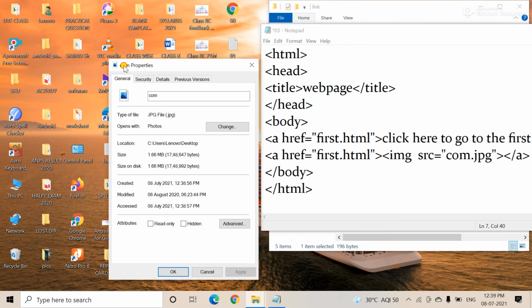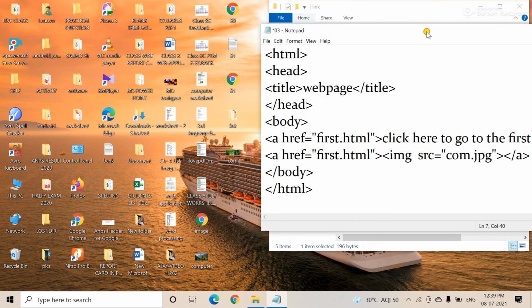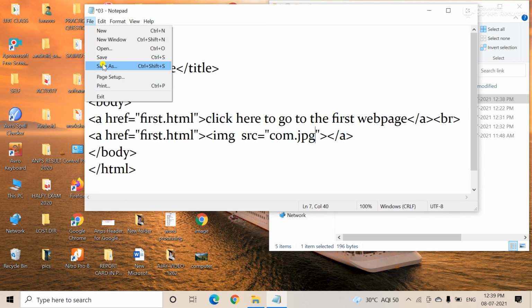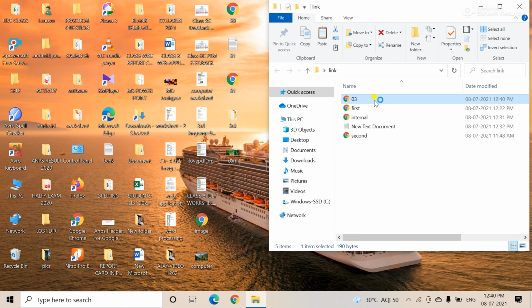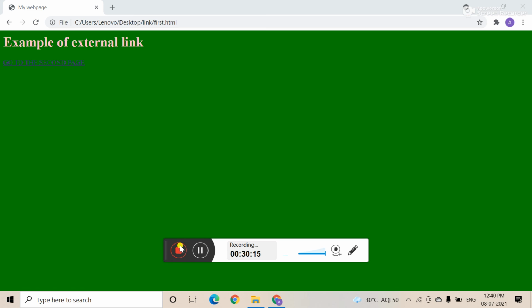Yes, jpg, and you close like this. You save your file, and you go to this option, and here you click, and this is coming. So like this you interconnect one page to any other pages. All of you practice. Thank you all of you.